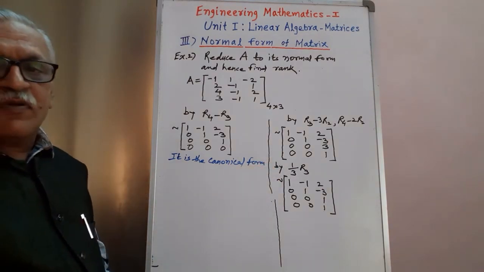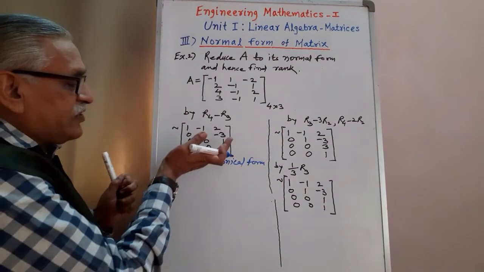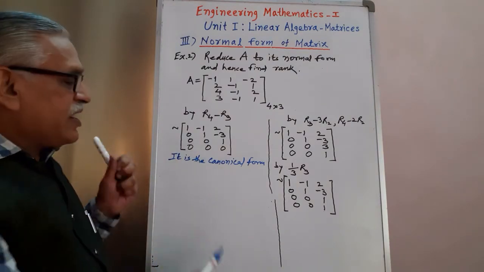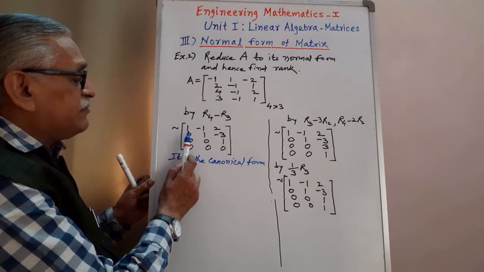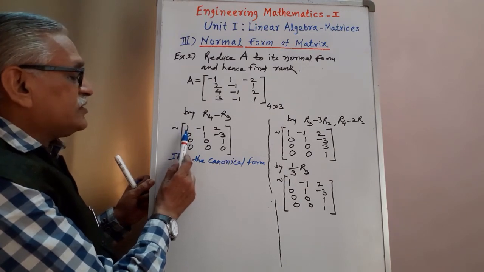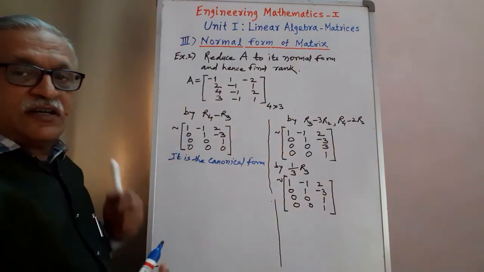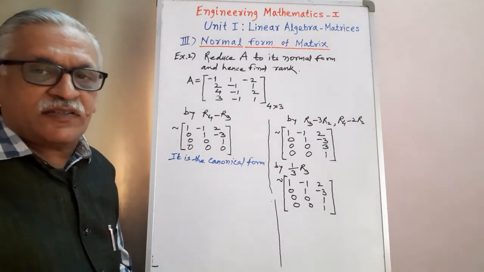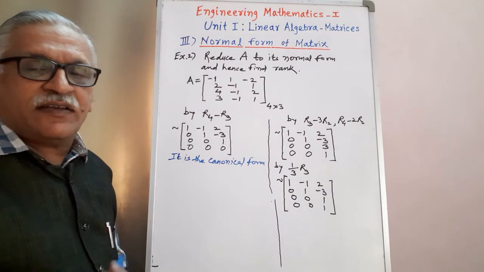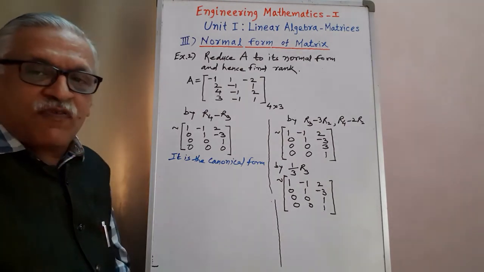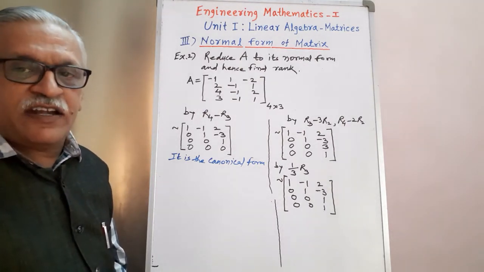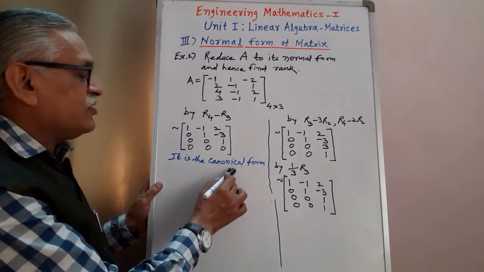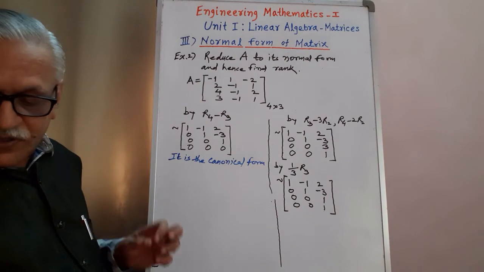And suppose the problem is to find the rank only, then we can stop here as we are getting the canonical form, and then we can determine the rank as the number of non-zero rows. First, second and third, all first 3 rows are non-zero rows. Therefore the rank of that matrix is 3. And as rank is 3, in the normal form we must get an identity matrix of order 3. And therefore after getting canonical form, we have to apply column transformation.